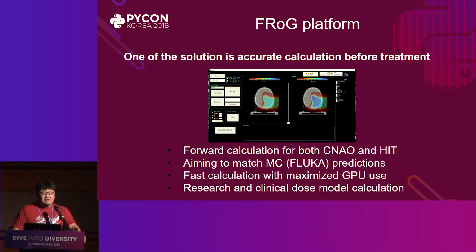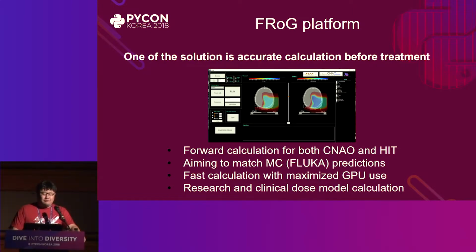Frog is a forward calculation program which calculates the radiation before the treatment at CNAO, which is located in Italy, and here, located in Germany. And we aim to match very closely to the Monte Carlo simulation. However, Monte Carlo simulation is very slow, so we also want conventional speed. For this